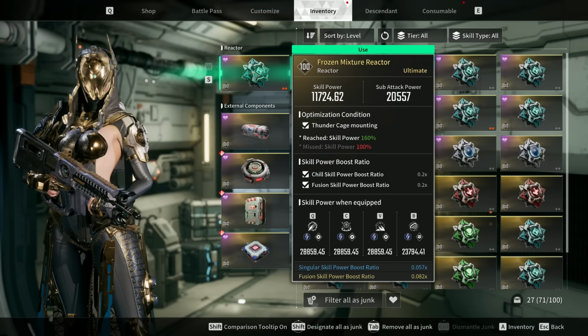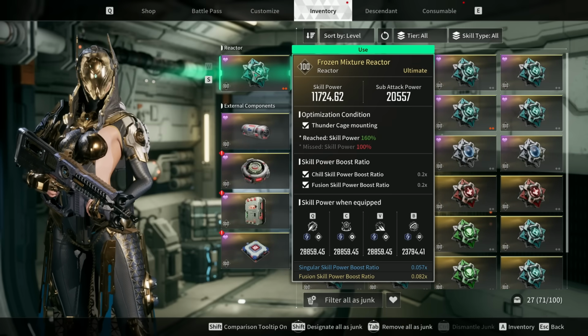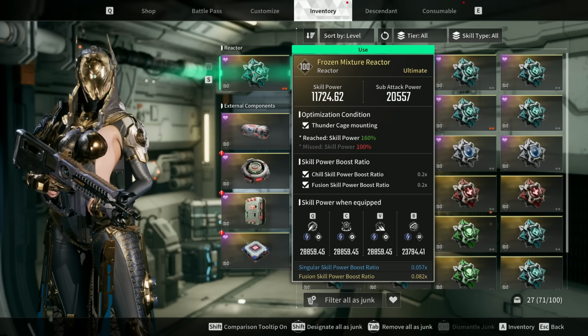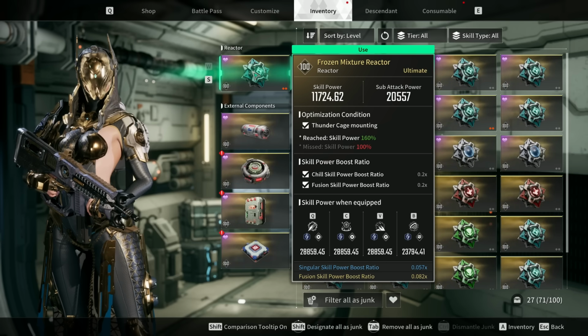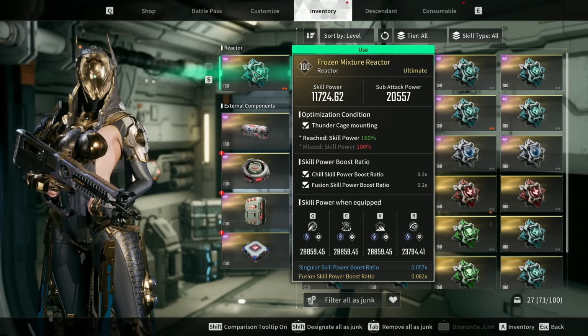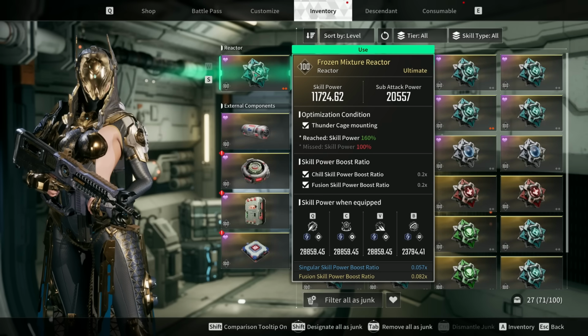So if you look here, we have a Frozen Mixture reactor, and this has Thunder Cage mounting. Thunder Cage is my primary, so this is what you want. We have chill skill power, fusion skill power, and then look at the bottom. We have singular skill power boost ratio and fusion skill power. You remember fusion are our skills 1, 2, and 3, and then typically our Blizzard is tech, but once you put the Hypothermia module on it, it becomes singular skill power,